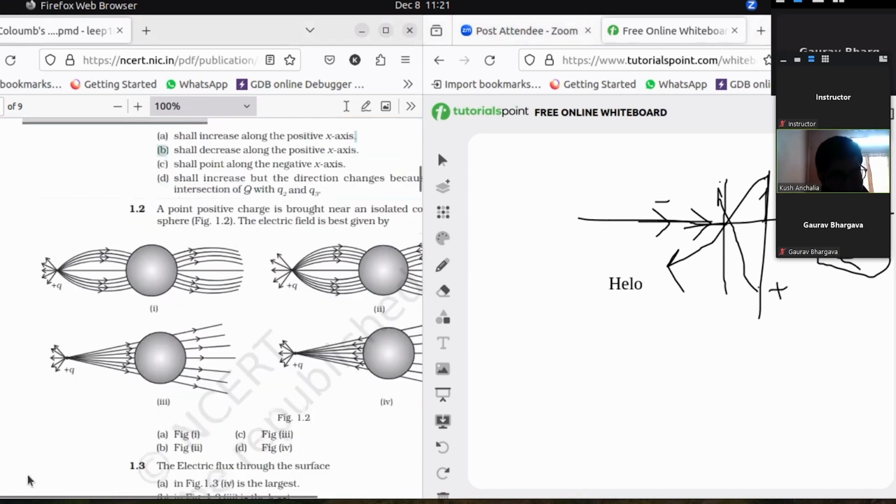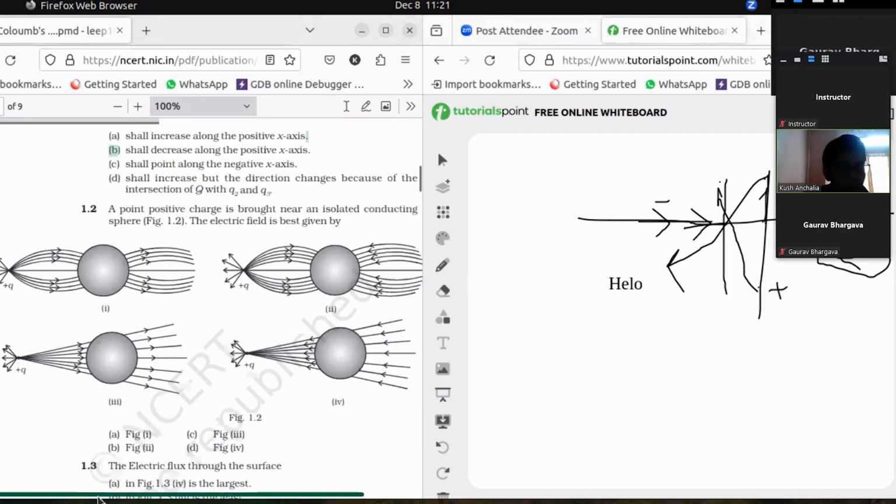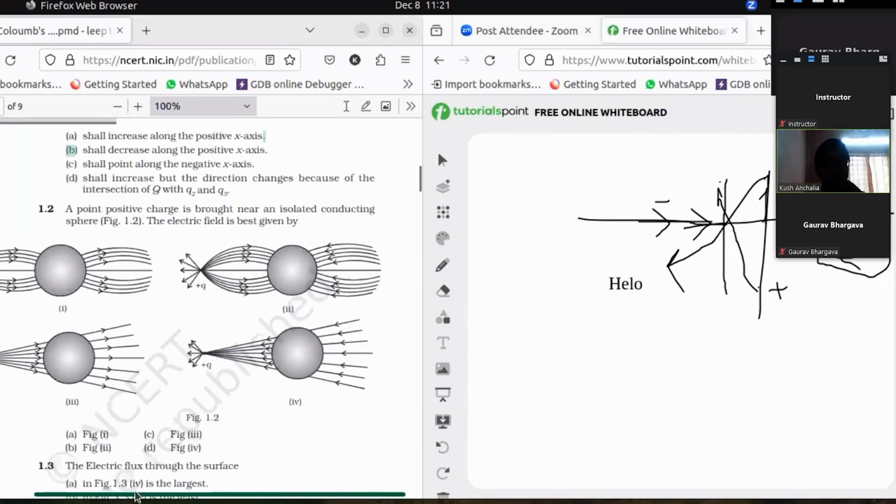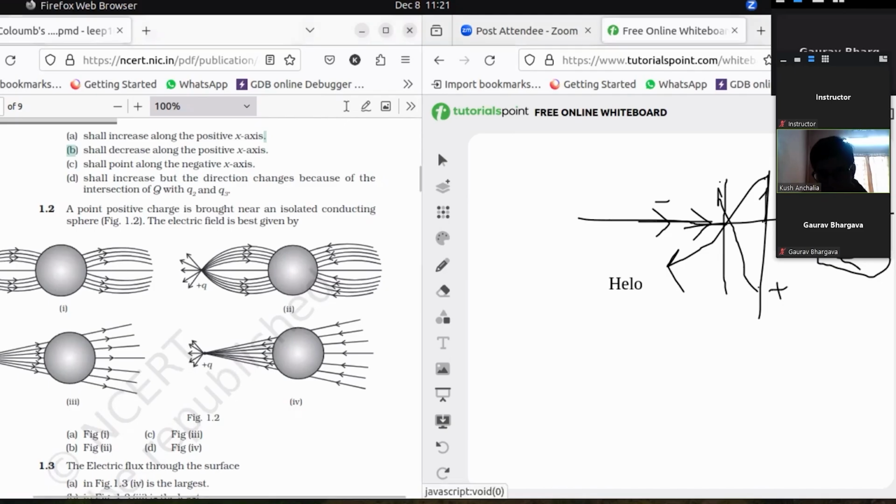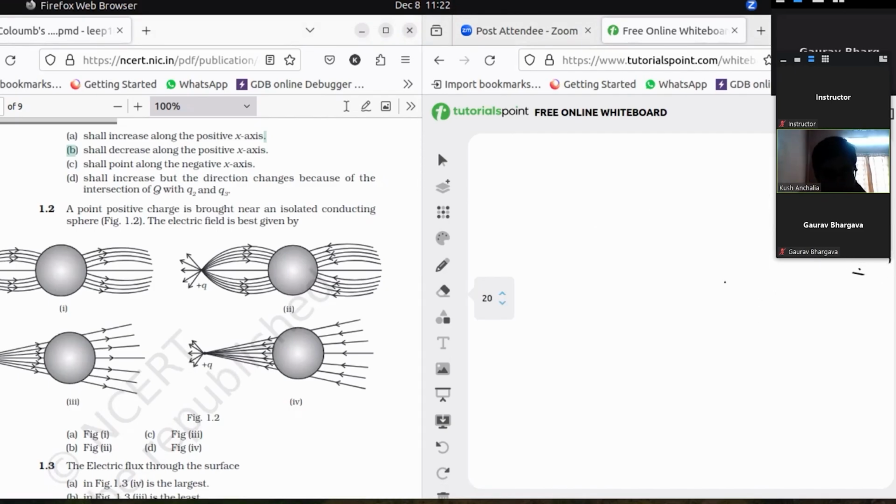Okay, moving on to the next question, that is 1.2. A point positive charge is brought near an isolated conducting sphere. The electric field is best described by which figure? Let me just remove this. See what is happening. There is an isolated conducting sphere. Pardon me for the bad drawing. Here we have brought a positive point charge. The electric field is best described by